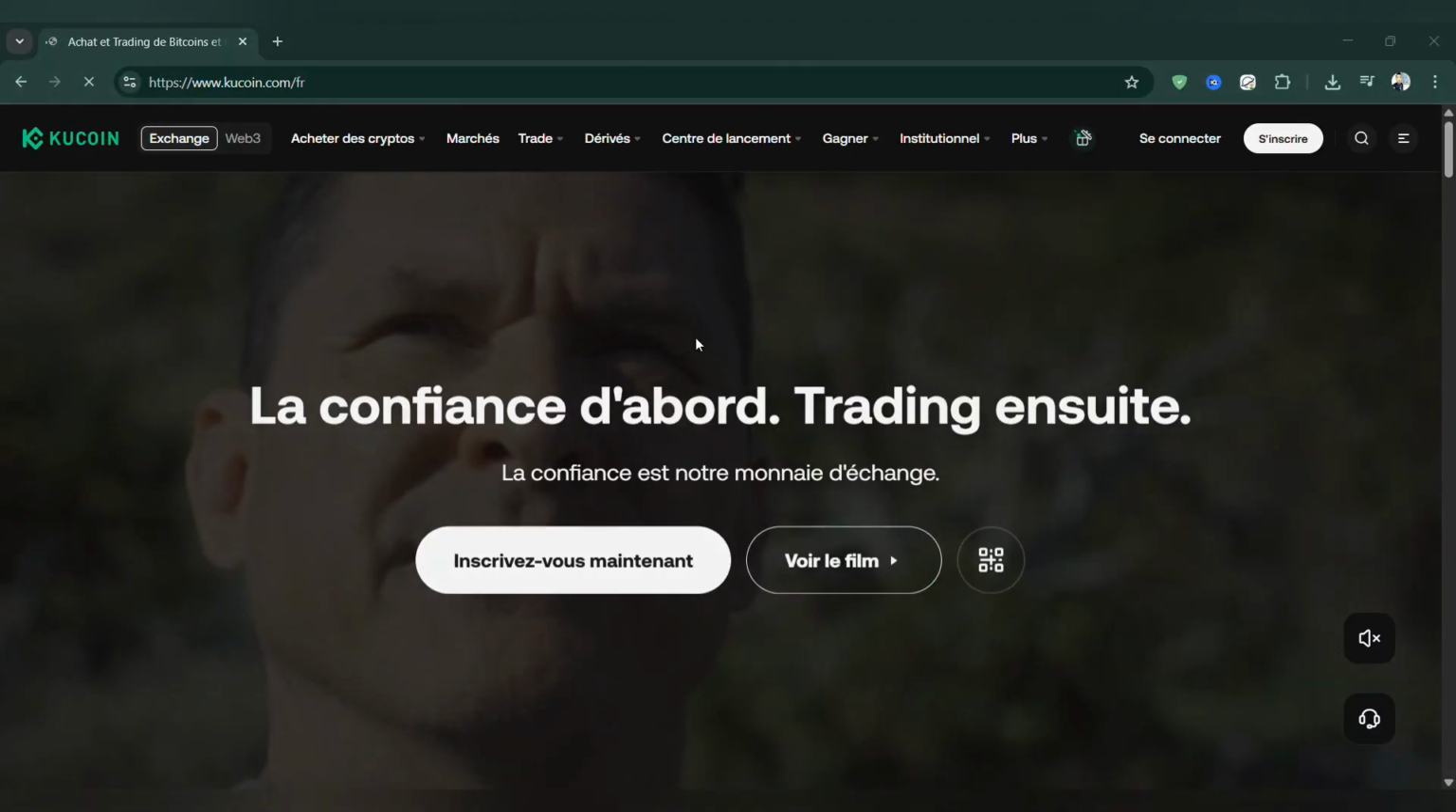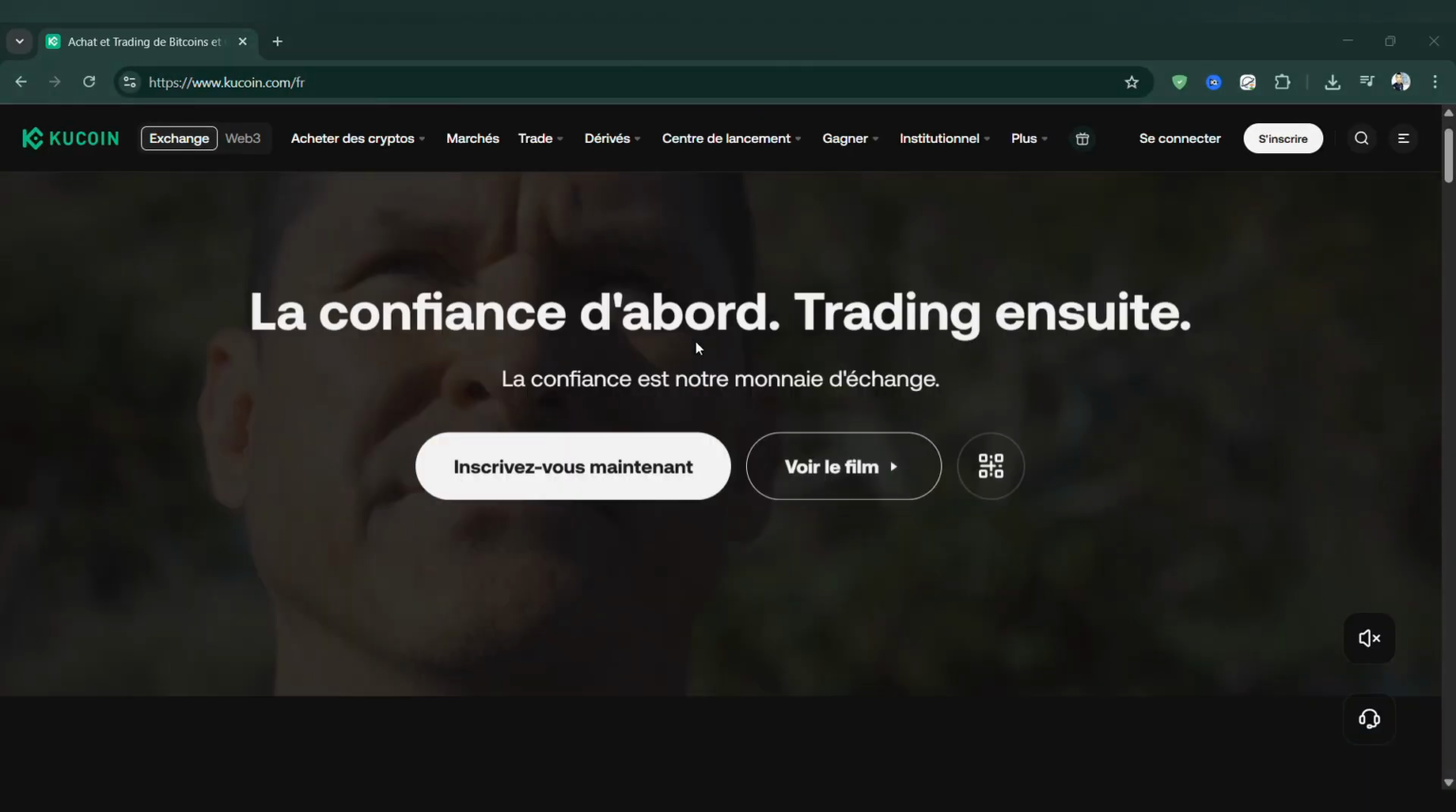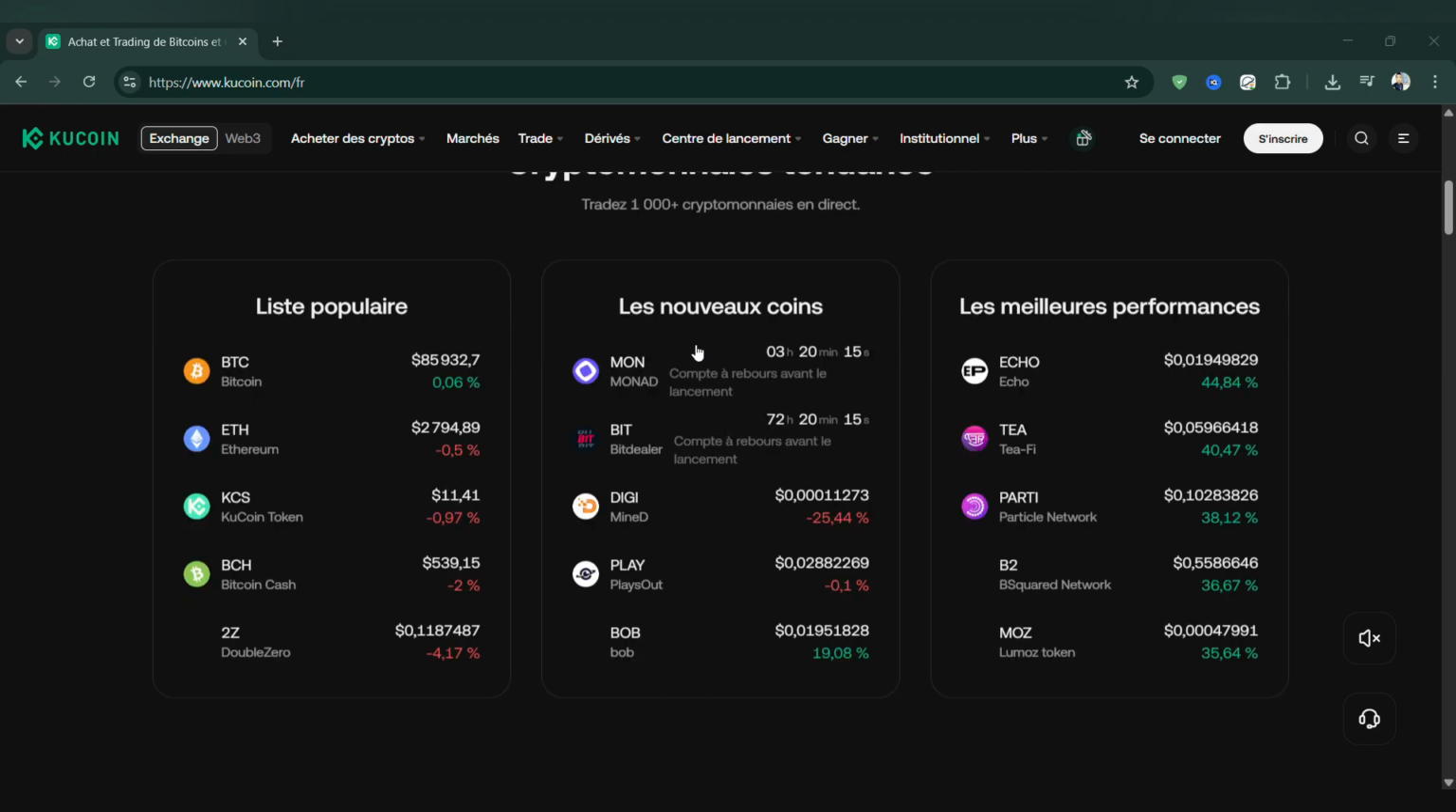Hey everyone, welcome back. Today I'm going to show you how to secure your KuCoin account by setting up Google